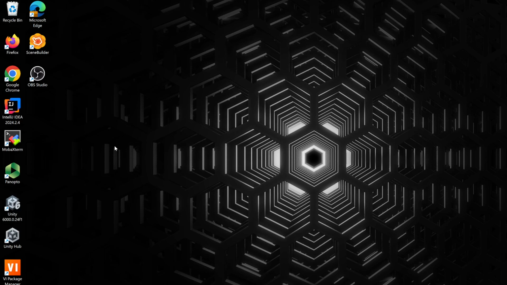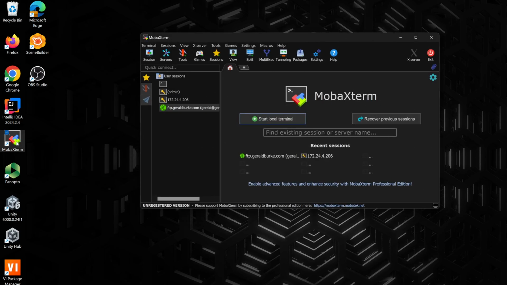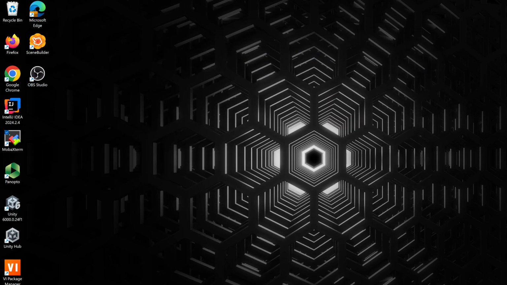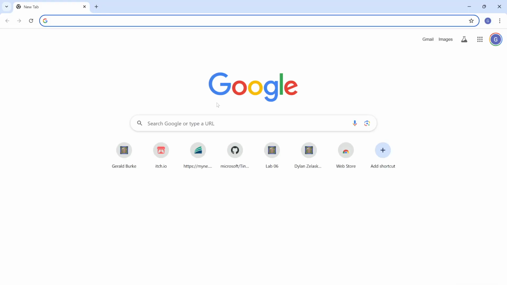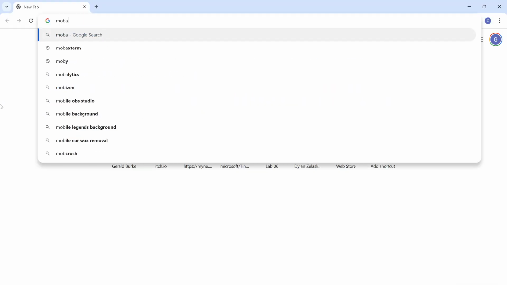Today, I want to run you guys through our process of deploying applications and working through MobaXTerm. So go ahead and, if you don't have MobaXTerm installed already, what you can do, come out to your browser, just search MobaXTerm,